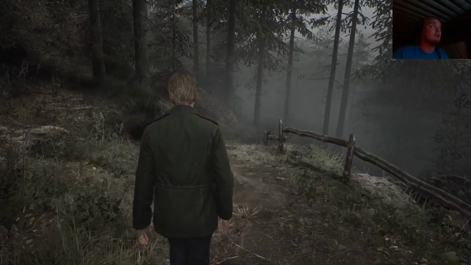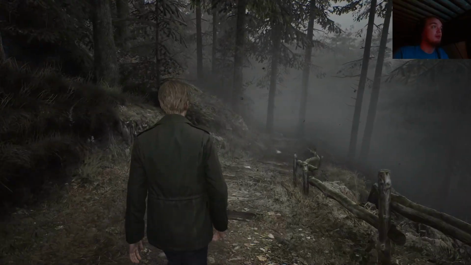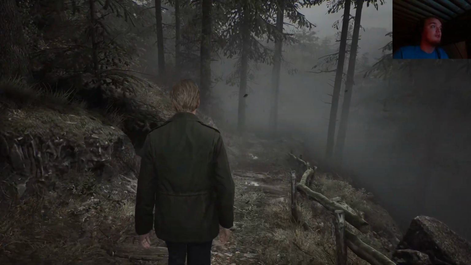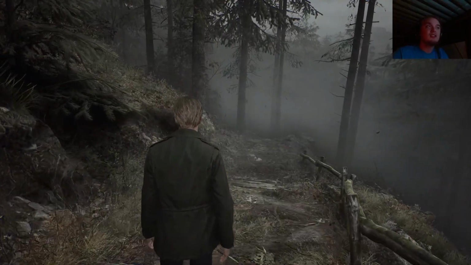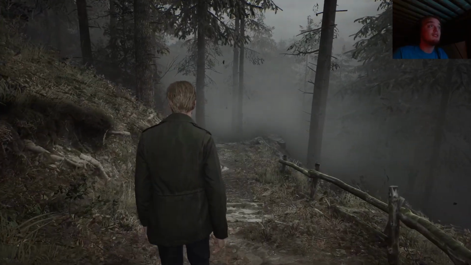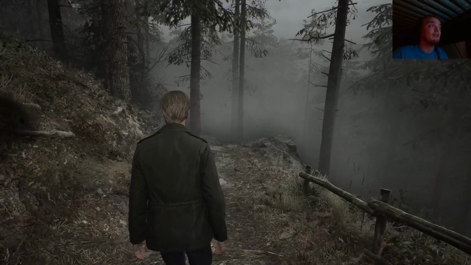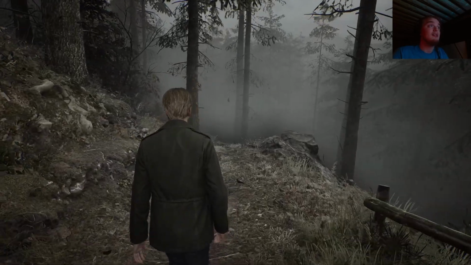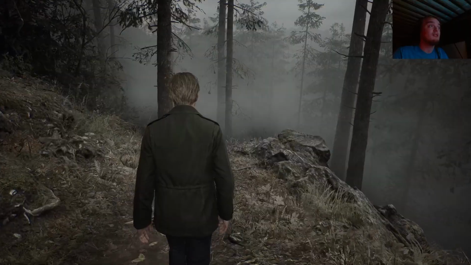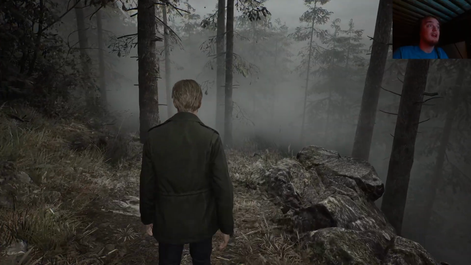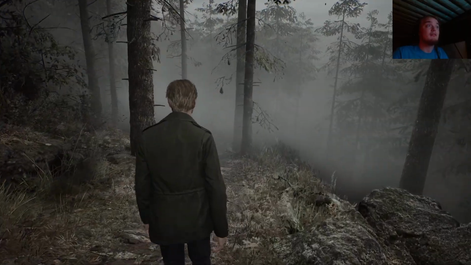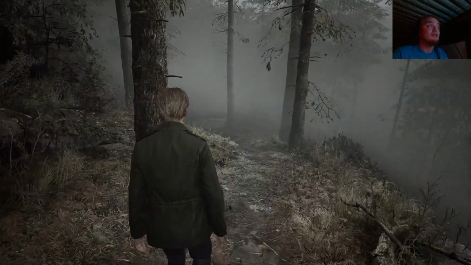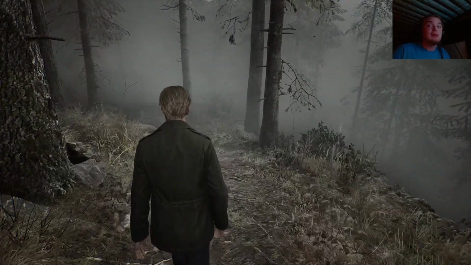And here we have down here a very important part of the game. The walk. The walk to Silent Hill is a masterful classic horror because it immediately establishes a few things. Audio and the fog. How the fog hides the things that are making noises and make you jump.